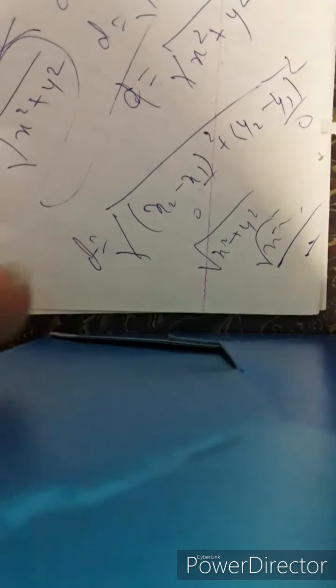It's very simple. I hope you are able to understand what I have written here. The distance of x, y from origin becomes root under x square plus y square. Simple. Now we'll take a look at some problems regarding the distance formula. We'll take a simple problem and wind up this chapter.